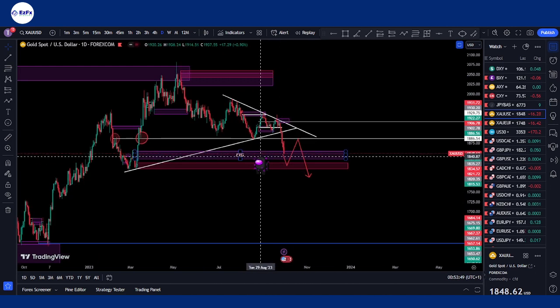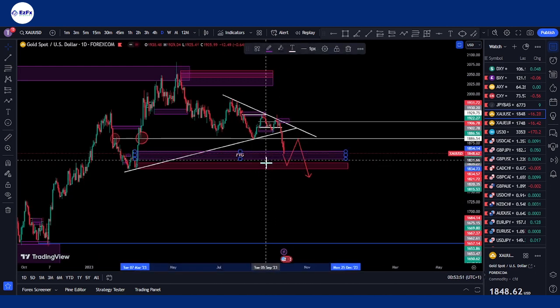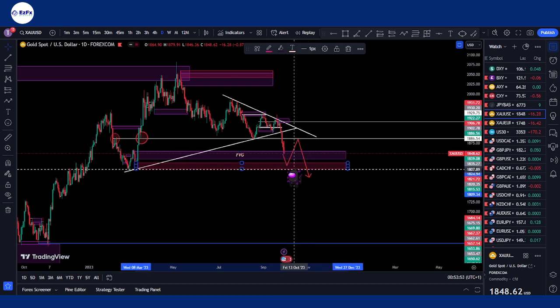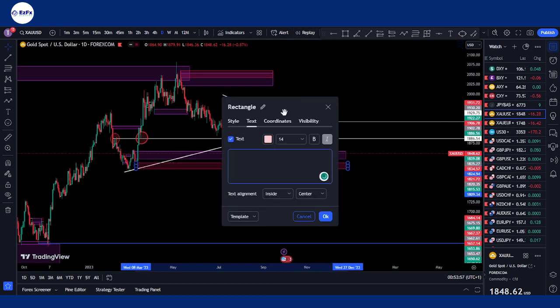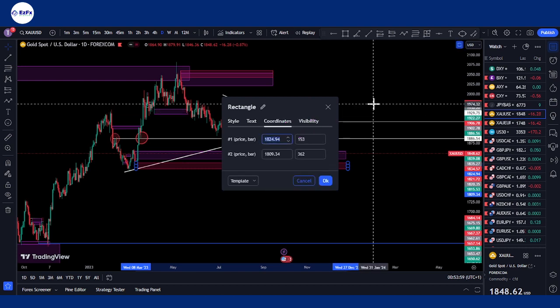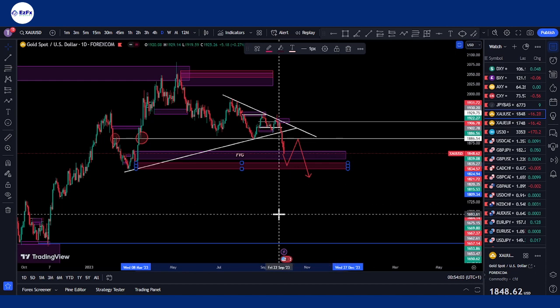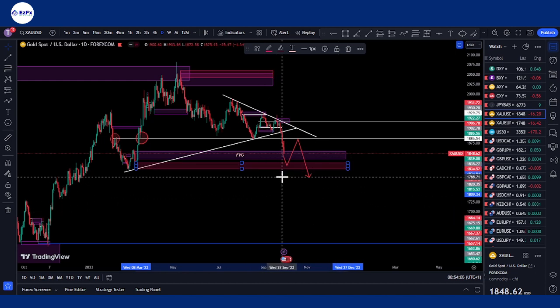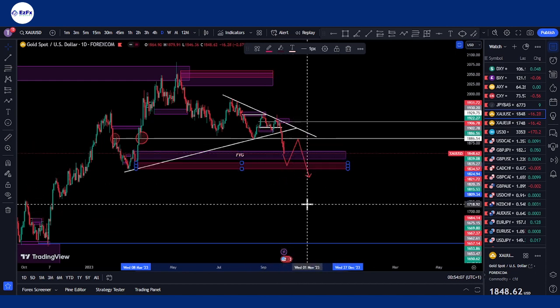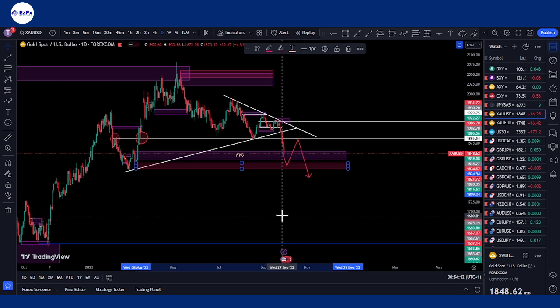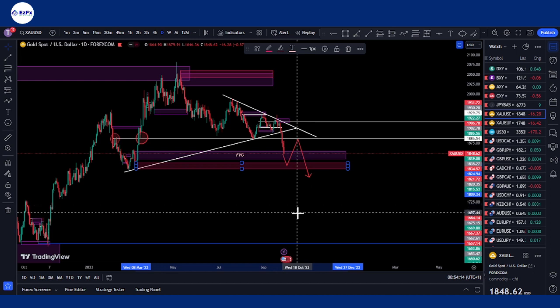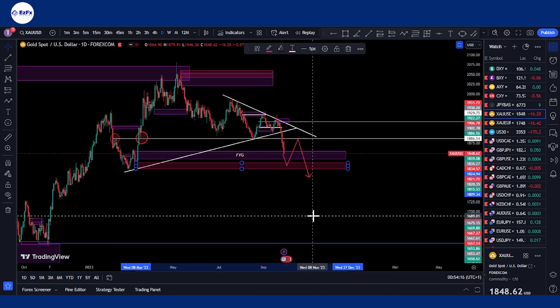I'm expecting that we'll see price coming to fill up this FVG, take out liquidity from the FVG, step a bit into this zone, which is between, sorry, let me check the coordinates for that. That is between 1824.94 and 1809.34. So we get to see price get into there, then we get to see that rejection towards the upside. So a sell to buy is what we are looking at on gold. The buy is not a long buy anyway, it's just a short buy on gold. I hope that is clear.